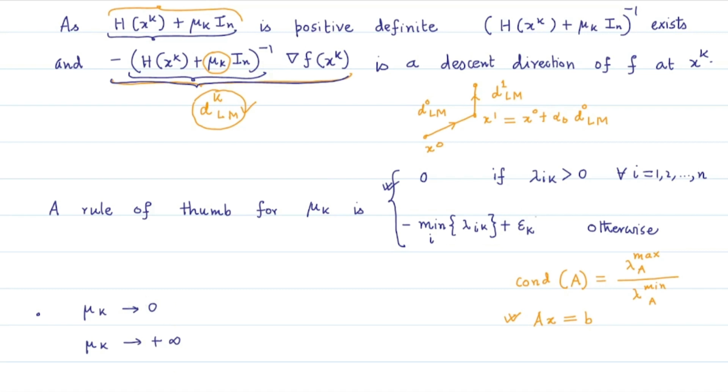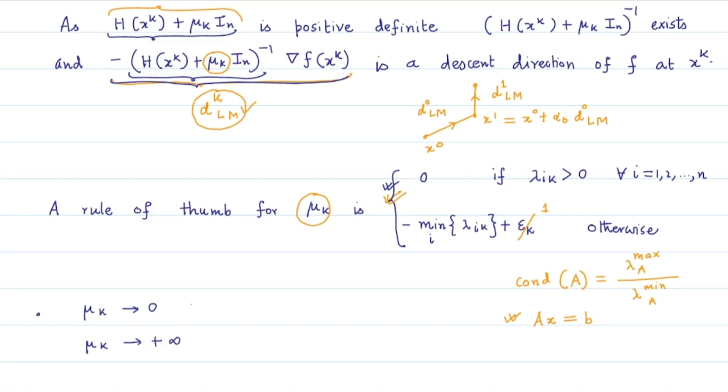Commonly what you can do here, instead of considering this epsilon k, you can just go for adding a value, say simply the unity, and then go with this mu k with this expression. That would commonly work well. Or in practice, what we can do is take a small value of mu k at the beginning of the iterations and then slowly increase the value of mu k unless we find that this direction d_k^LM is a